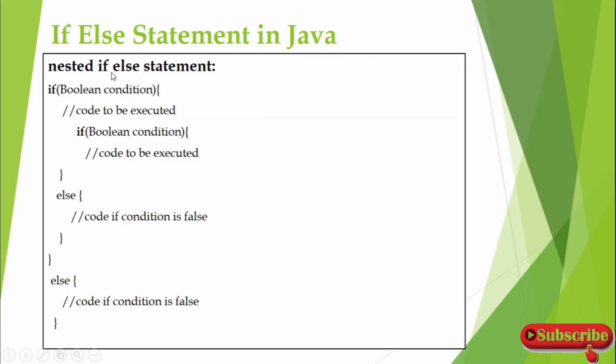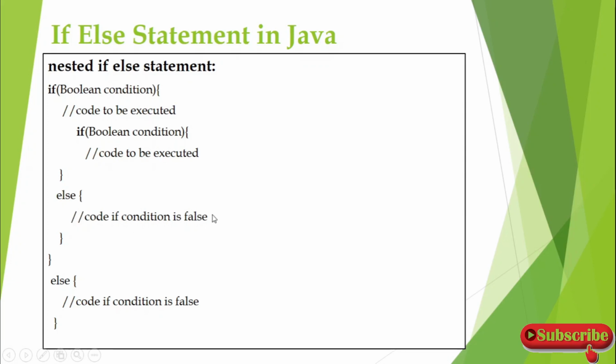And this is nested if-else. First it will check the if, which is the parent structure, right? So it checks the boolean condition, and if it is true, it will execute the code inside that, and it will check the other if condition that is given inside that. So this is a nested if. If the condition is true, then it will execute the block inside the if; if it is false, then it will come to the nested else.